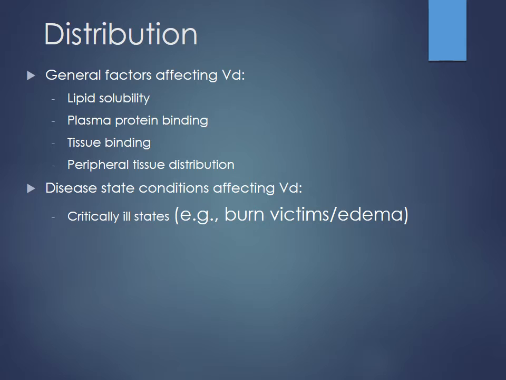Tissue binding can affect this. So if I have high tissue binding of a drug, what does that do to VD? Increase it, right, because more of it is being bound out into the tissue. Perfect. And then again, just looking at that peripheral tissue distribution based on the adipose tissue and the water stores